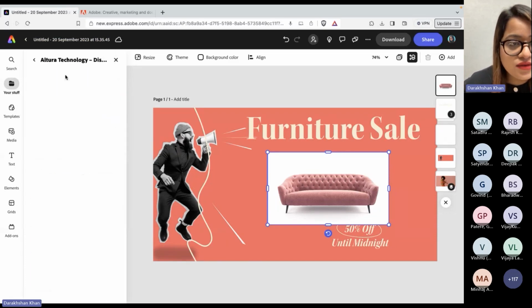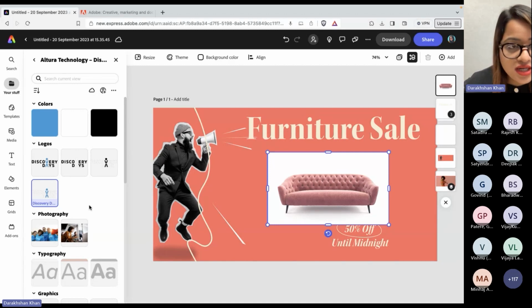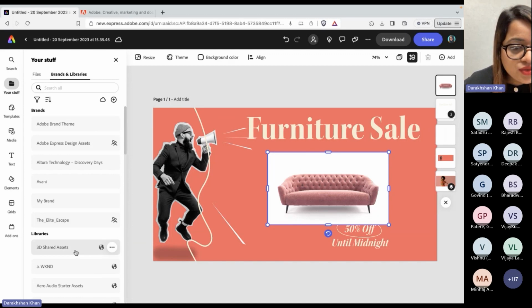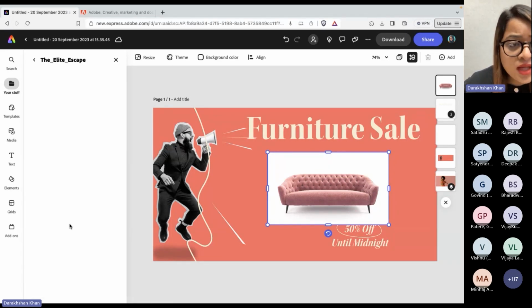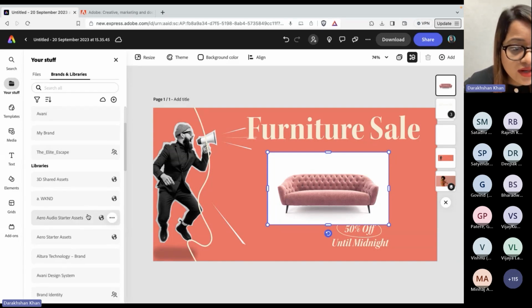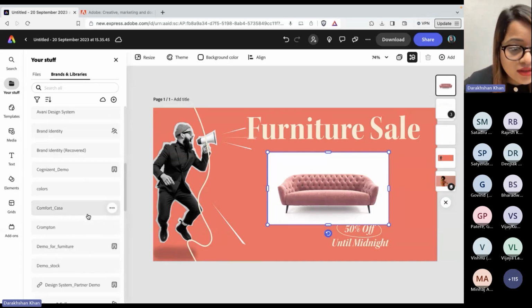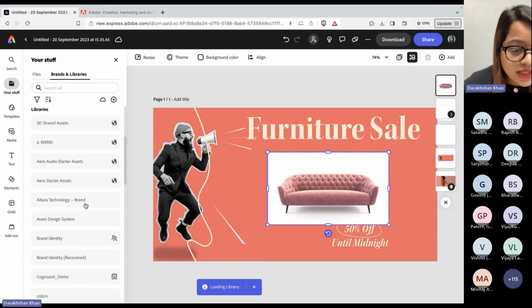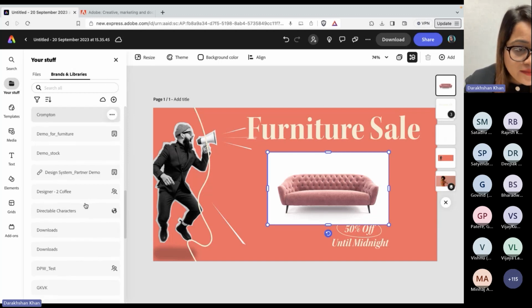So let's say this folder is there, and maybe I'm working for a brand called Comfort Casa. So what my 3D designer or 3D artist can do is they can go ahead and add that particular render into the library. So in that case, everyone will be in sync, because right now let's say we are part of one company and everyone wants to create something which is quite similar to each other. So for that as well,